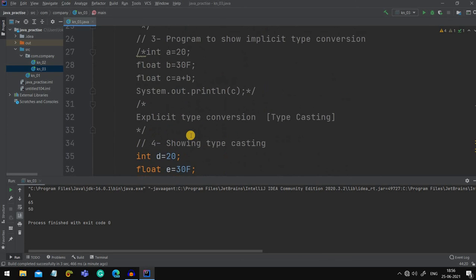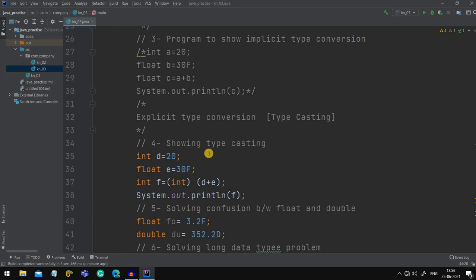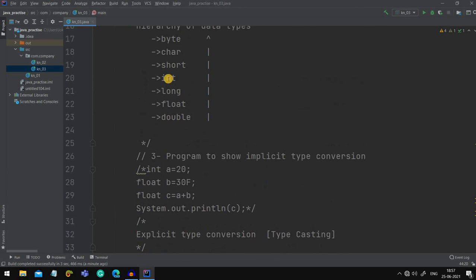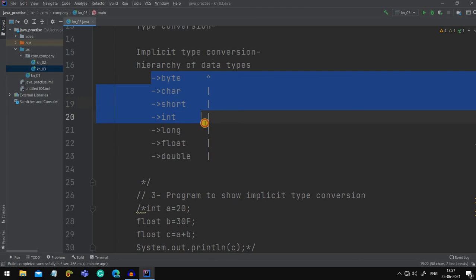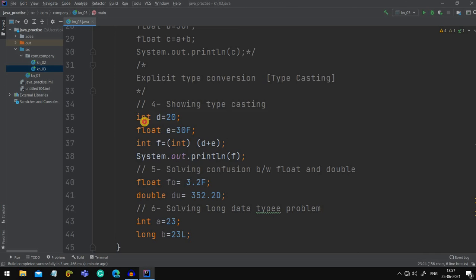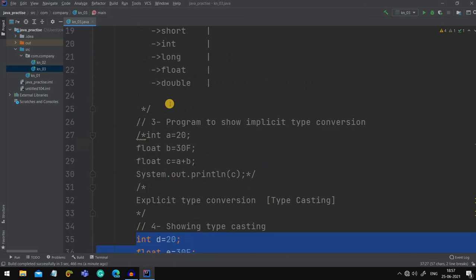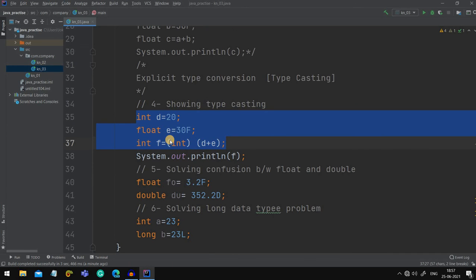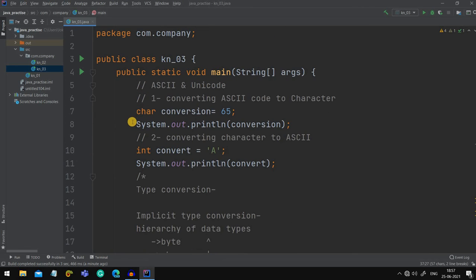Okay, now once more let me tell you why we are doing typecasting when we are having the implicit method. That is because it's not possible that every time we are knowing this sequence. So with the help of this method, we can convert the whole program into whichever type we want. And the last doubt that might arise in you is what I have done here. I have simply done the explicit, not implicit conversion. How have I done it?